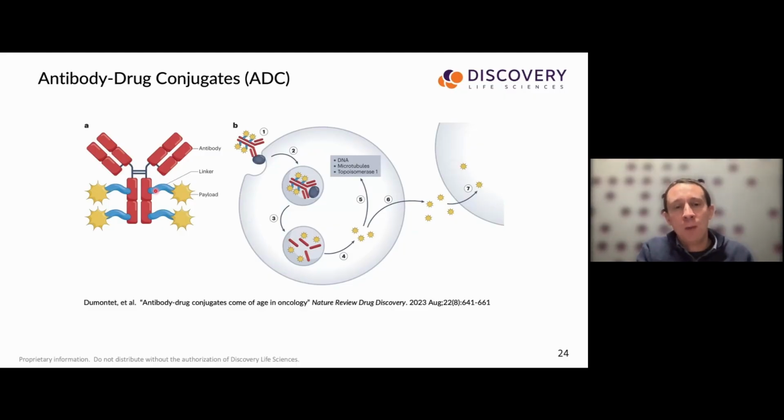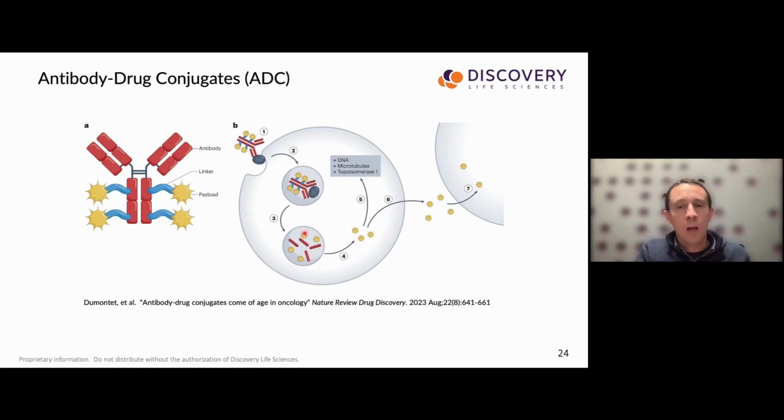This antibody has been manufactured such that there's a linker that is attached to a payload. And this payload should be toxic to the cell that internalizes this antibody. So when this antibody is administered, it binds to its target on the cell surface. It is internalized, and in the lysosomal, endosomal